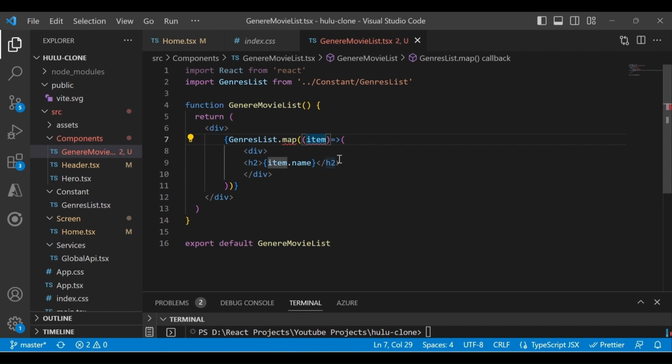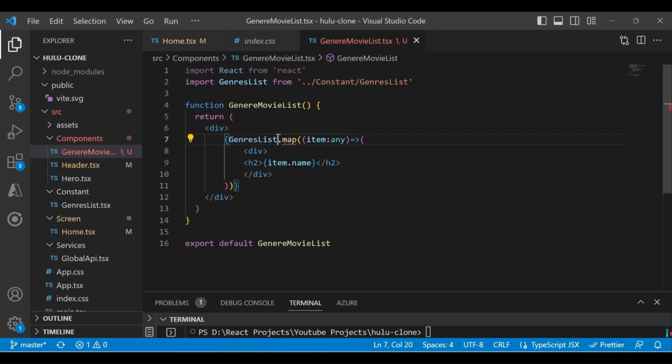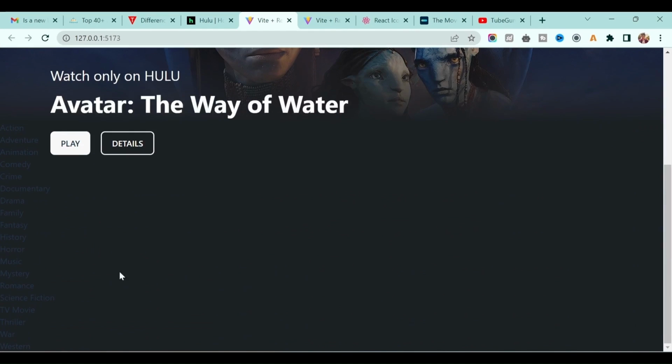We have to define here item of type any for now. So genre list, inside that we have genre, so we map like this, and if you go back here you will see the list of genres.